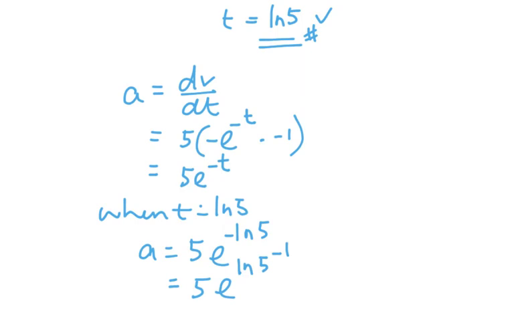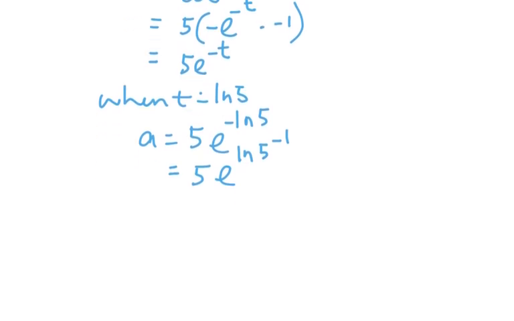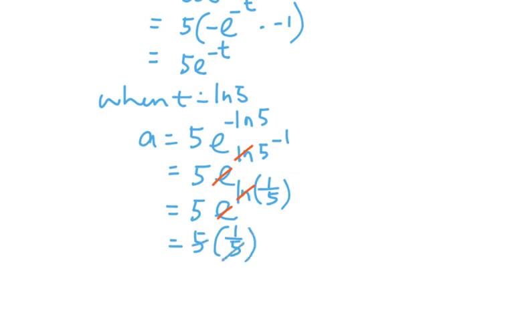Or you can also write it as 5 exponential of ln 1 over 5. Okay, so either you stop from here, or stop at here. You can also cancel off the exponential and ln. So lastly, you will be getting 5 times 1 over 5, and then your answer will be 1